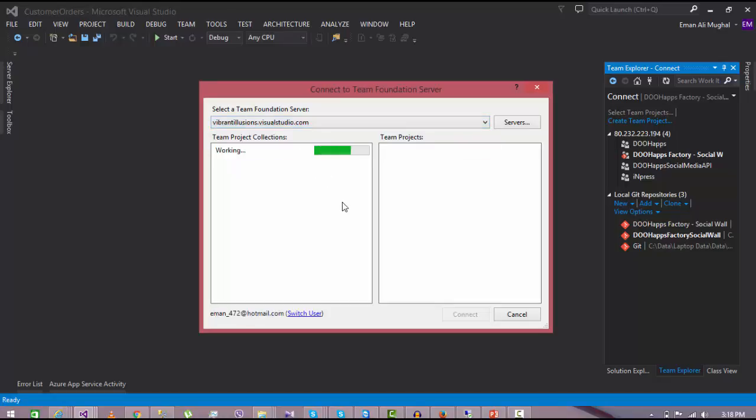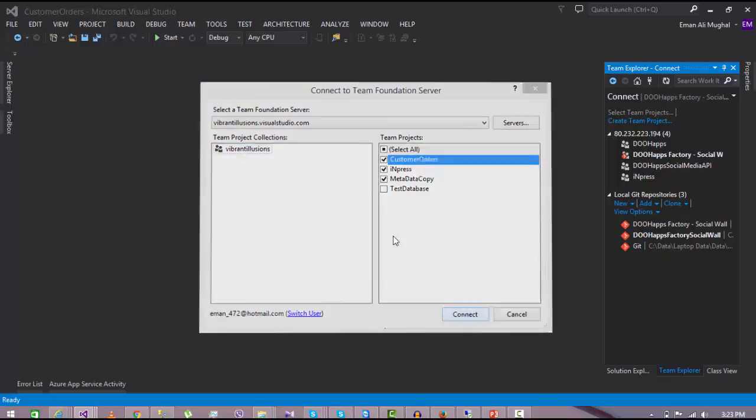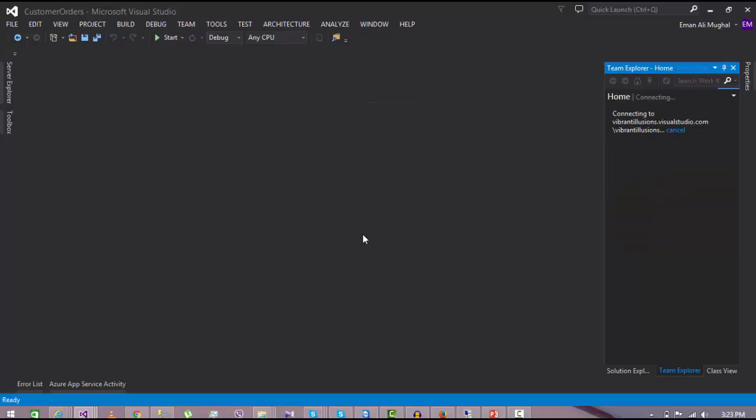I'm going to click on vibrantplugins.visualstudio.com. Now as you can see, it has been connected. I need to also connect with the customer orders, so I'm going to connect that. Basically I'm connecting to the TFS,